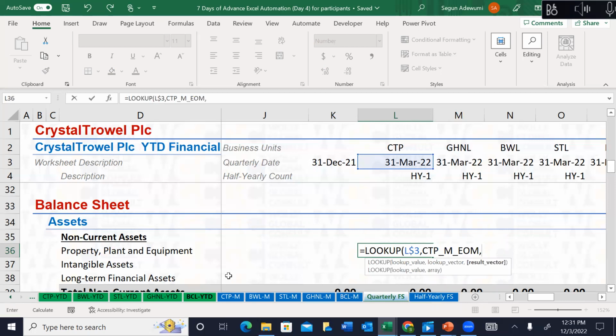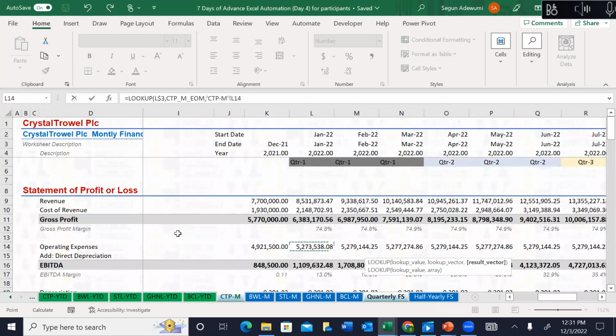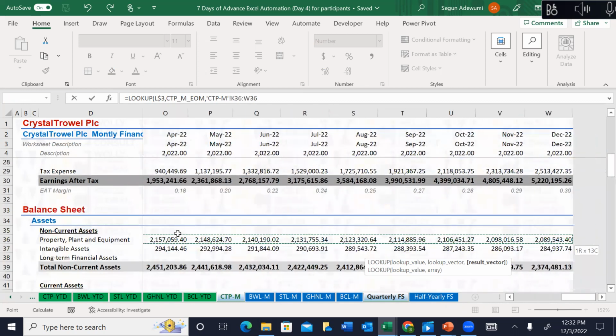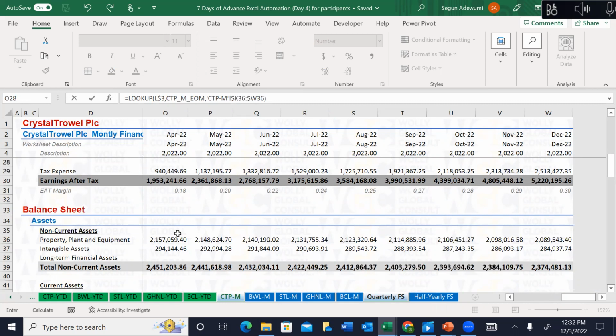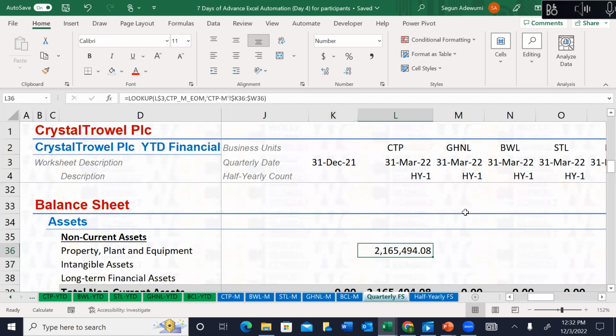And what is our result vector? So we have to go to our balance sheets. So we highlight everything. We fix the row, but allow the columns to move. Let's fix the column, but allow the rows to move. Hope you understand the reason why we are fixing. You lock the row but allow the columns, you lock the column but allow the rows to move. Fine. So now we are having for March